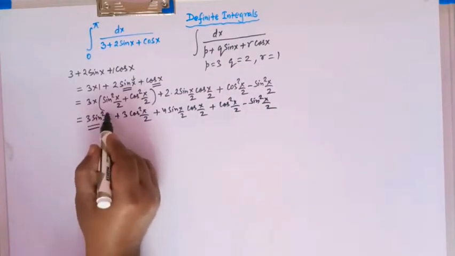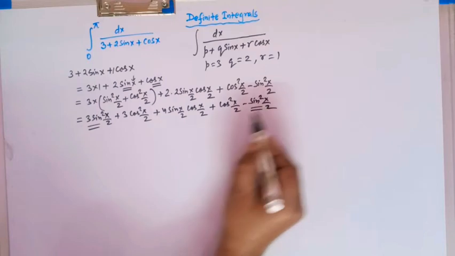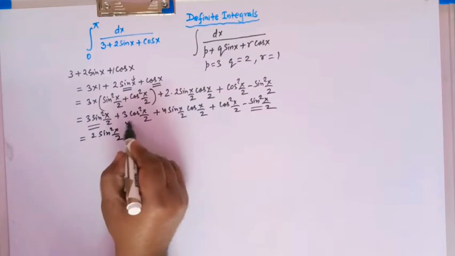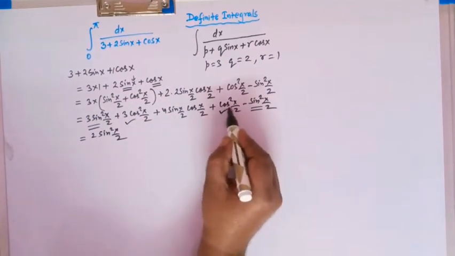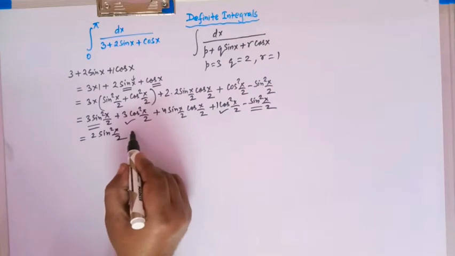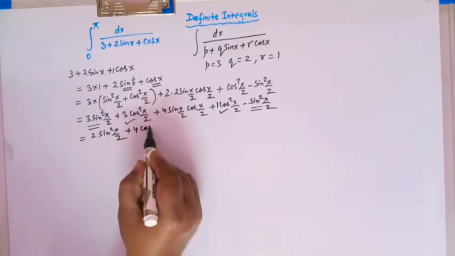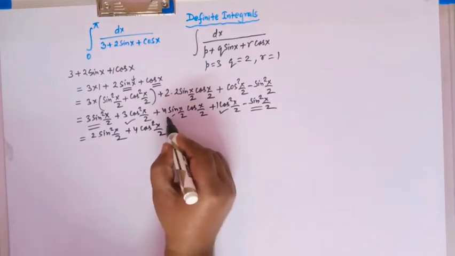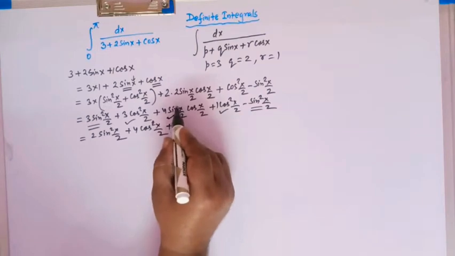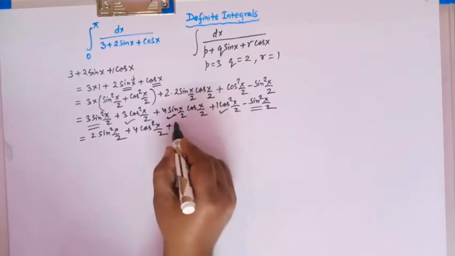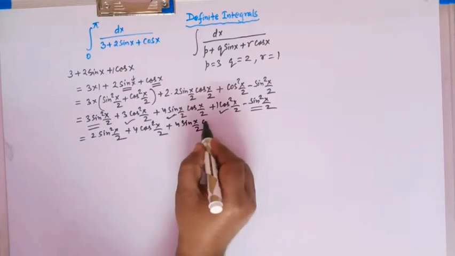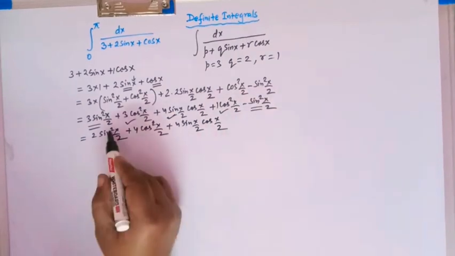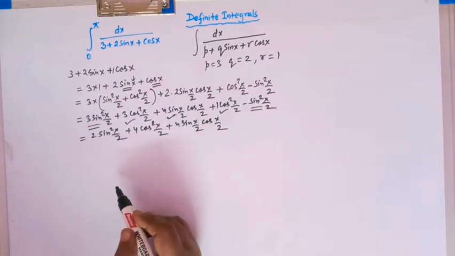Now 3 sine square x over 2 minus sine square x over 2 is equal to 2 sine square x over 2, and 3 cos square x over 2 plus 1 cos square x by 2 is 4 cos square x over 2. And this is the term having the product of sine x over 2 and cos x over 2. Once we have expressed the denominator in terms of sine x over 2 and cos x over 2,